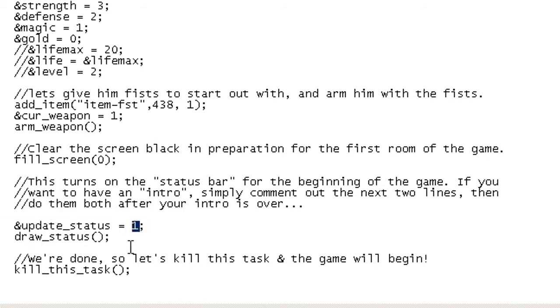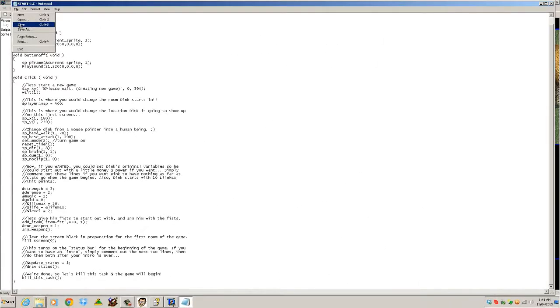If you change update status to 0 and then draw the status, by the way, this draw status line needs to be run after you change update status, because it will redraw the whole status and register the update. So basically, update status 0 will be status bar not there, and update status 1 will be status bar is there. So if we comment this out and save it,